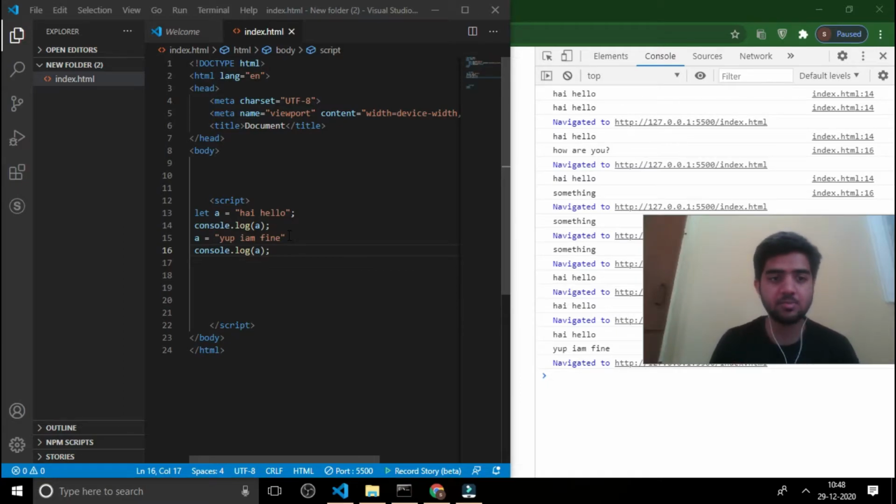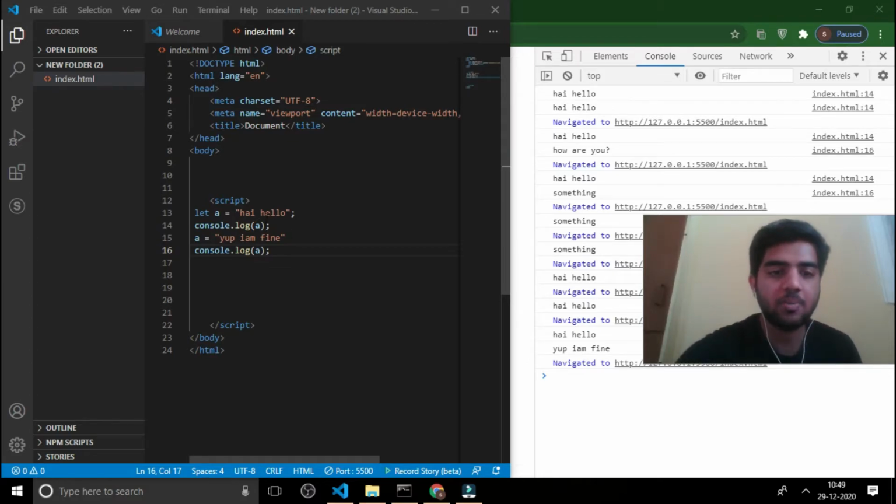That means the second value will override the first value. I'm not concatenating it, but I'm replacing the value. Concatenating is completely different from replacing. So in let, you can replace a value like this.